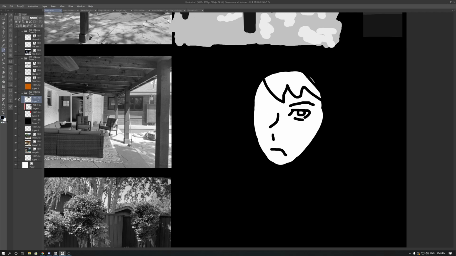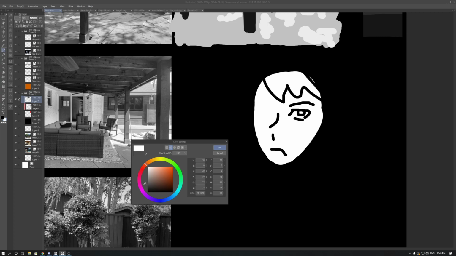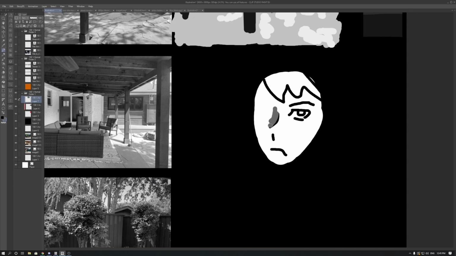But then you go back and you pick a value that's far enough away from the initial to imply shadow, and thus giving you a bit of form to this 2D image, right? And you can kind of tell that this is a three-dimensional object now. That's what's going to determine if your value is good, right? So if we got, for instance, let me take this right here. Just going to color pick. So if we have this right here,